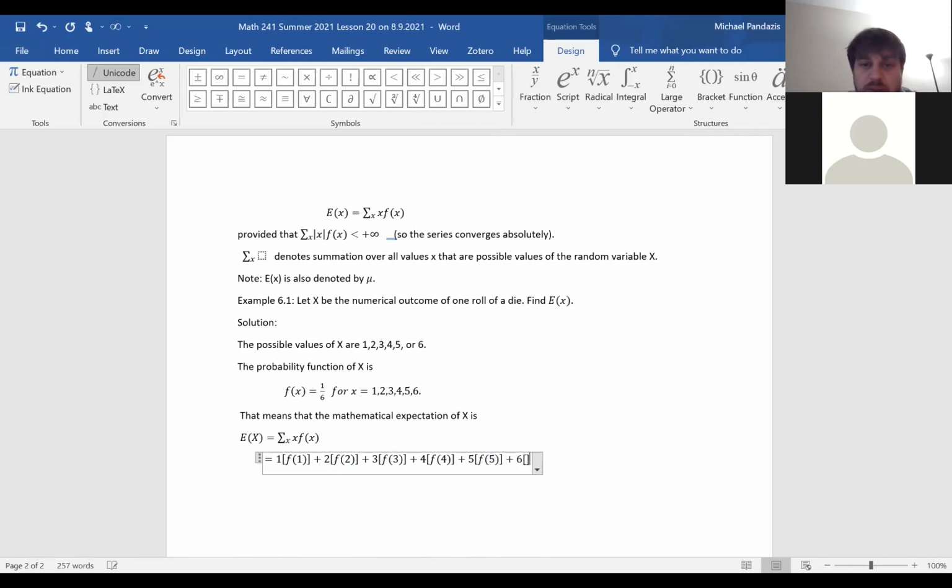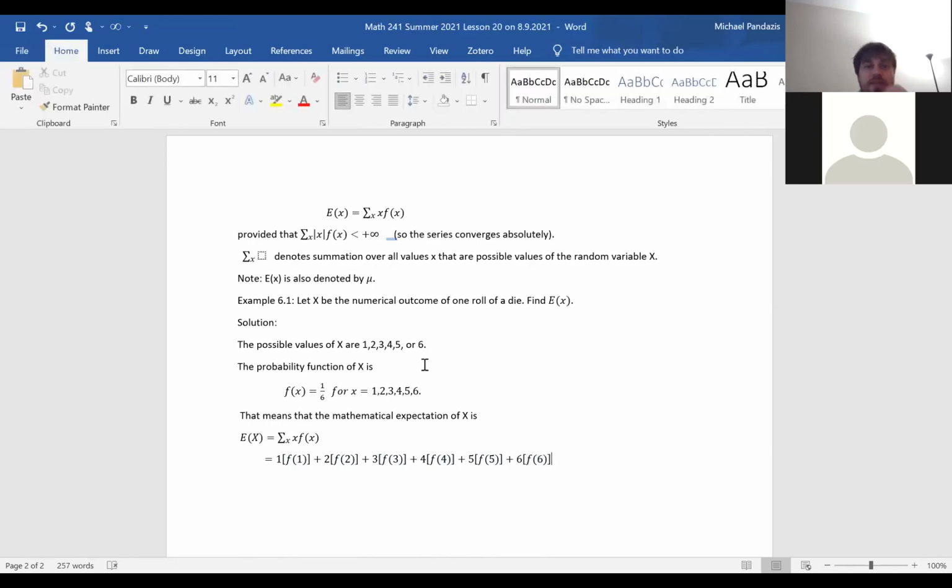But I think it better illustrates, just to make sure you see the multiplication going on, right? Okay, so we're taking all the possible values of capital X called little x, which are 1, 2, 3, 4, 5, or 6, and we're multiplying them correspondingly by the probability that capital X takes on those values. So 1 times f1 plus 2 times f2 plus 3 times f3 plus 4 times f4 plus 5 times f5 plus 6 times f6. And so we've now taken the sum of all possible values of capital X, called little